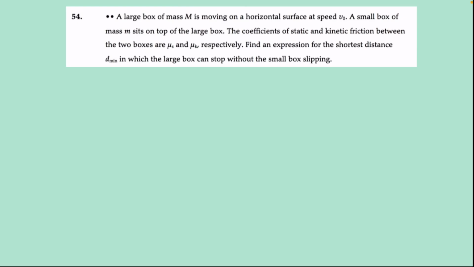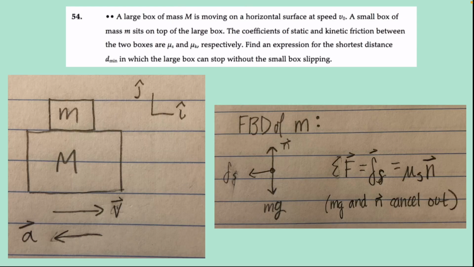slipping. So I drew two pictures for this situation. One just shows the two boxes on top of each other, with the acceleration and the velocity pointing in opposite directions since the boxes are slowing down. Next to it, to the right, is a free body diagram of the smaller box, which shows that the net force acting on that box is the force of static friction. Since we know that's going to be the net force, we can